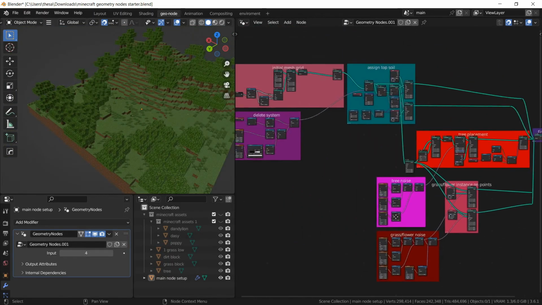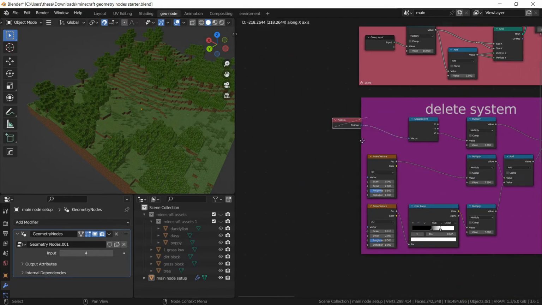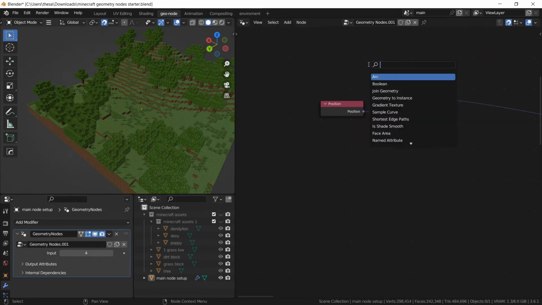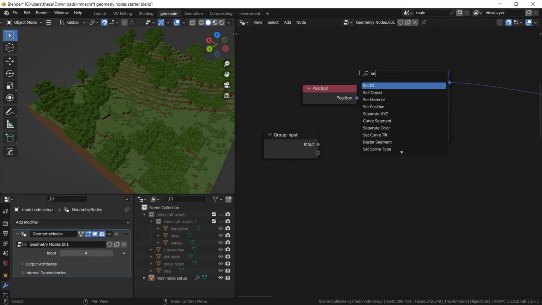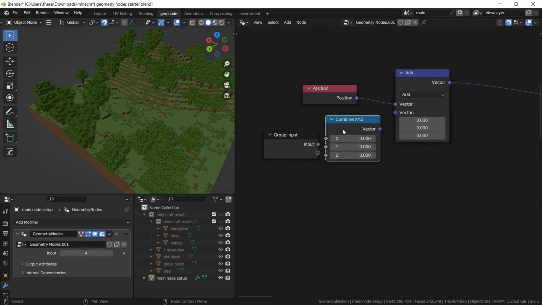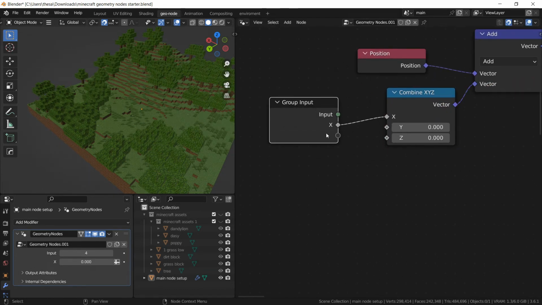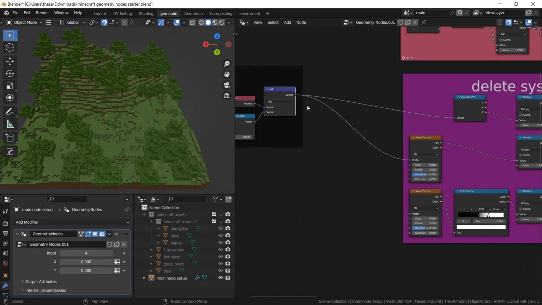However, I'm really quickly going to get over here, take this position node, and make an ability to kind of change the seed in a way. So what I'm going to do is use a vector map. I'm going to add the group input, and I'm going to use a separate XYZ. I'm going to plug in the vector and the group input. I'm going to plug it into the X and Y values. So if we plug it into both the noise textures,